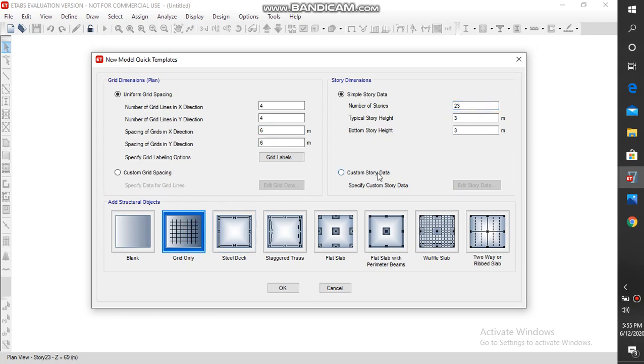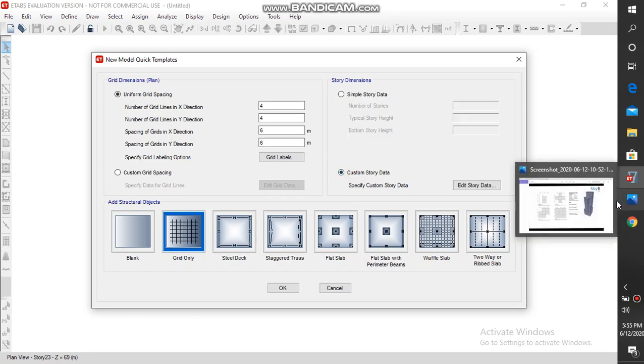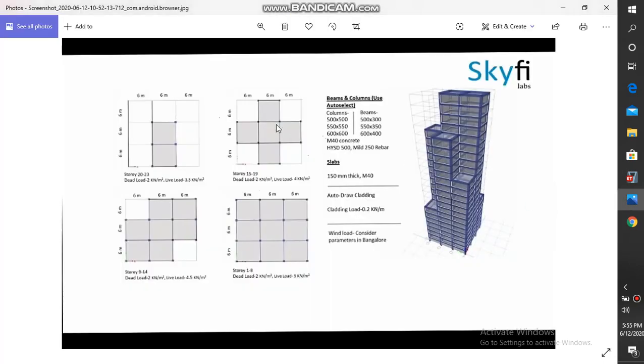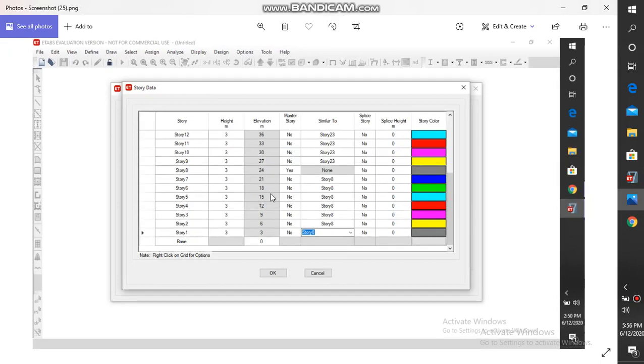Then we go for custom story data. Then a pop-up like this appears. As we told, each part has a number of stories. So using this option, what we are doing is we are clubbing all the stories into a single part. It is understandable for us, but the software won't understand it.